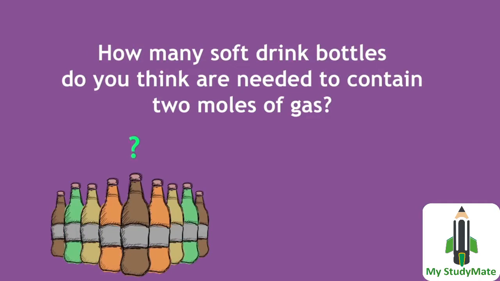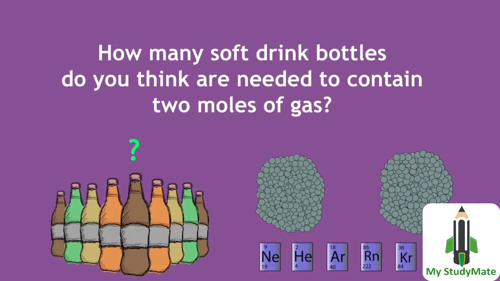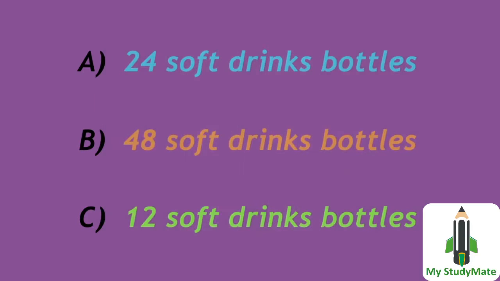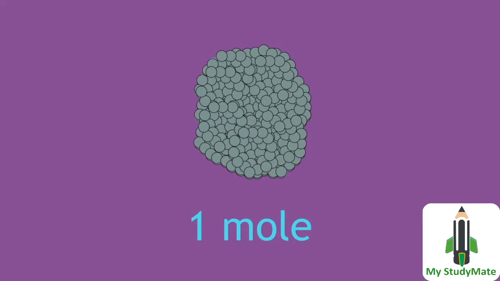Then how many soft drink bottles do you think are needed to contain 2 moles of any gas? Pause and choose from one of the following. The correct answer was B, 48 soft drink bottles. This is because we doubled the number of moles of gas from 1 to 2, and so this doubled the